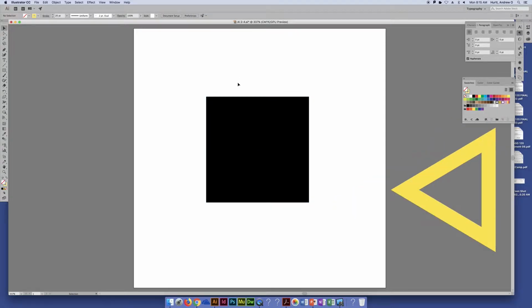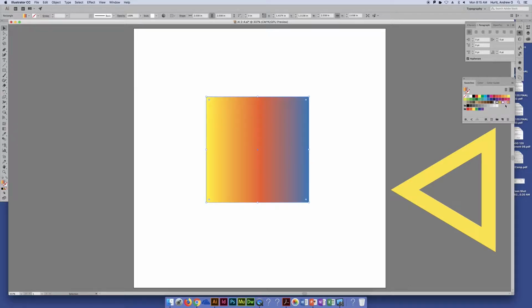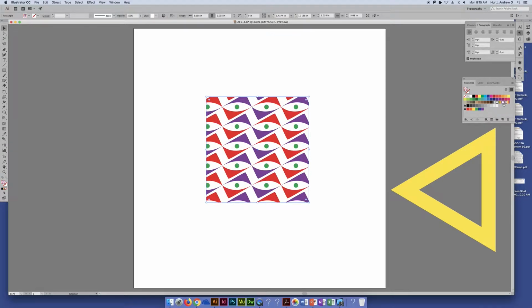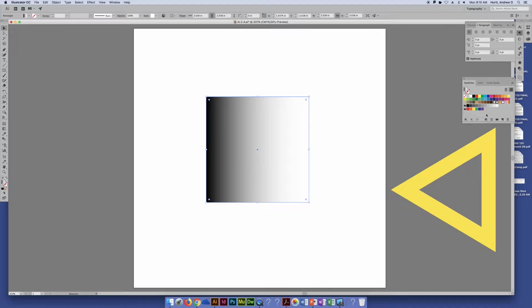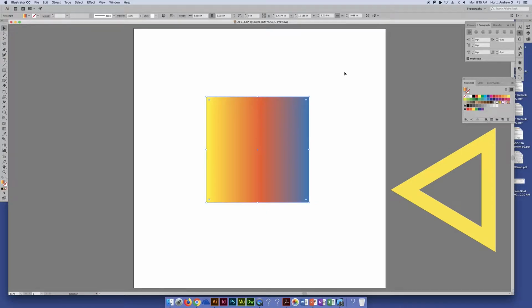So we have just our regular old square filled with a solid black. I'm going to actually select it. And you'll see in your swatches palette, you have a few different gradients. Well, that's a pattern. But you'll see a few different gradients. And then like any other,